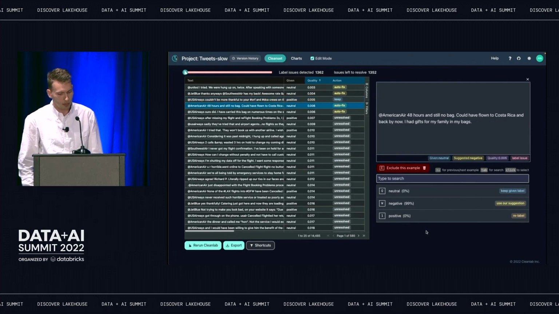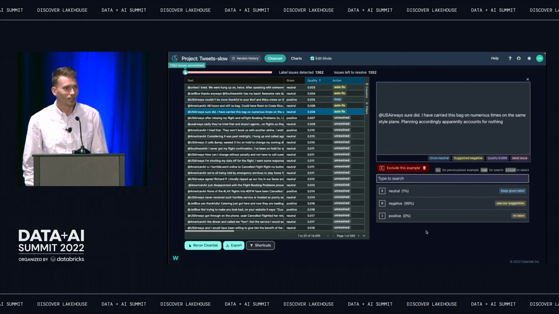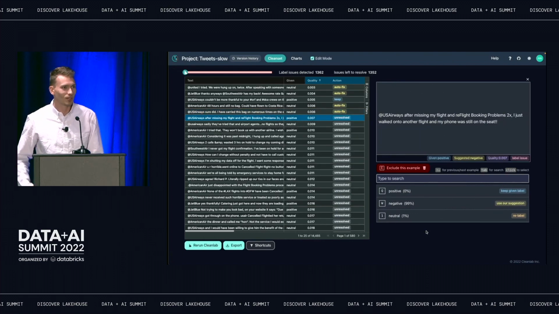And so you can press keep, that's the Q button, and you're just working through, and so you can check it. You don't have to do this, but we recommend it. If you really want the perfect quality, then it's unlikely that a machine learning solution is going to give you 100% perfect. What we're going to do is order it for you, so it's really easy, and then give you what we think is a suggested label, and you can totally just export that and move on. But if you want that 100% perfect quality, then we recommend you check it. And so we try to provide really easy tools for you to do that.